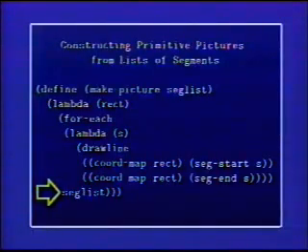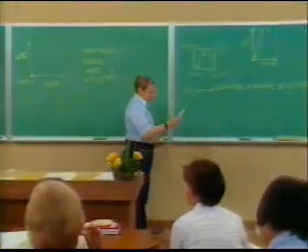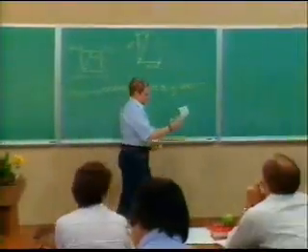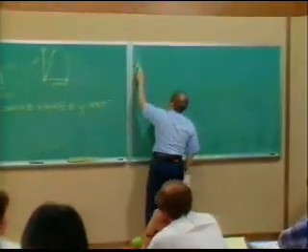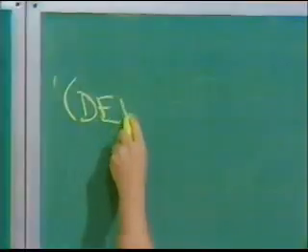And now remember again, a picture is a procedure that takes a rectangle as argument. So when you hand it a rectangle, this is what it does. Draws those lines. So how would I actually use this thing? Let's make it a little bit more concrete. I would say, for instance, define